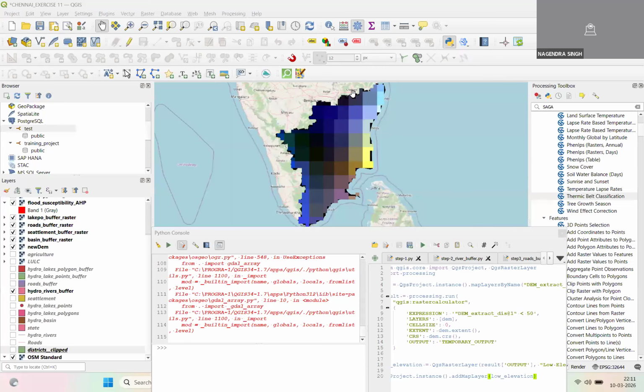So flow accumulation is the middle step, and after calculating the flow accumulation you can calculate the drainage density as well. I'll also share another paper where they are calculating every single parameter that one should use for calculating the flood. So you should use drainage density as well. It will give you the high runoff concentration, and add flow accumulation. So final parameters will be drainage density, flow accumulation, your river buffer, your lake buffer, then LULC, and